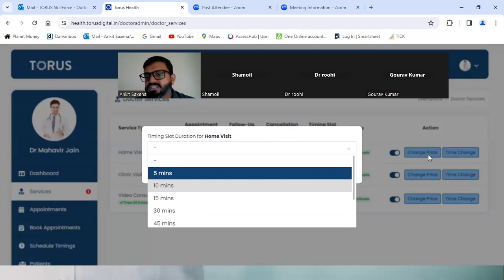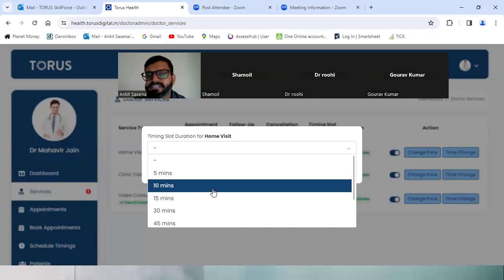So home visit, you might keep different charges. For clinic visit, you might want to keep different charges, and for video consultation, a different charge as well, as well as the time frequency and the time slots. You can modify this for all the three services here.